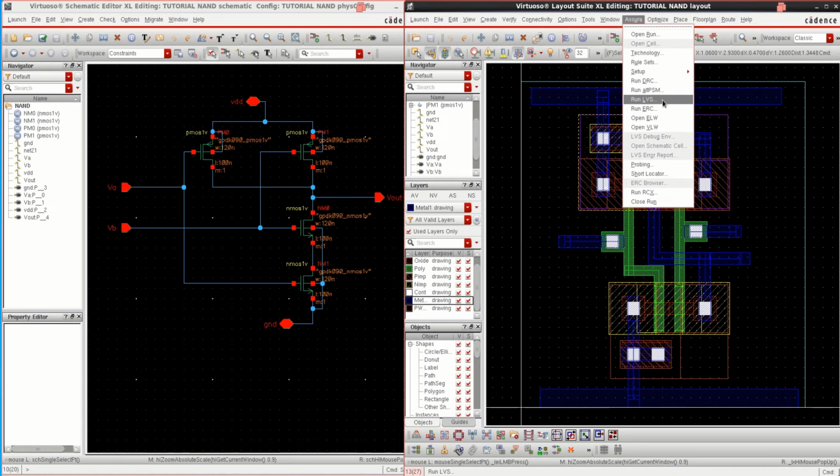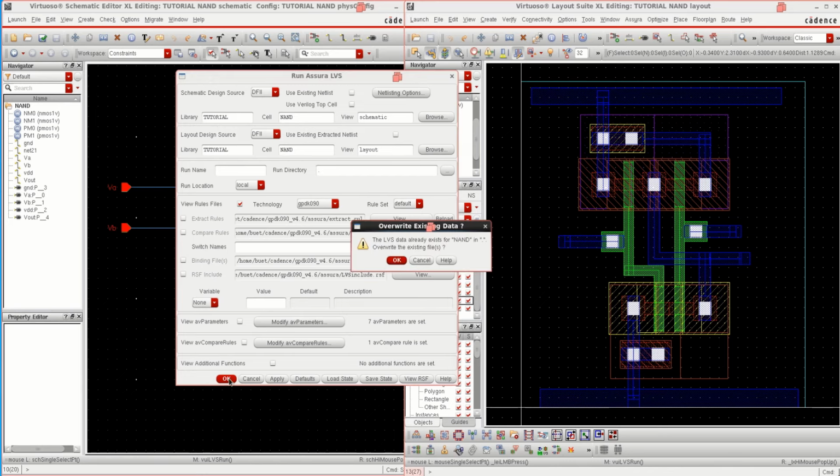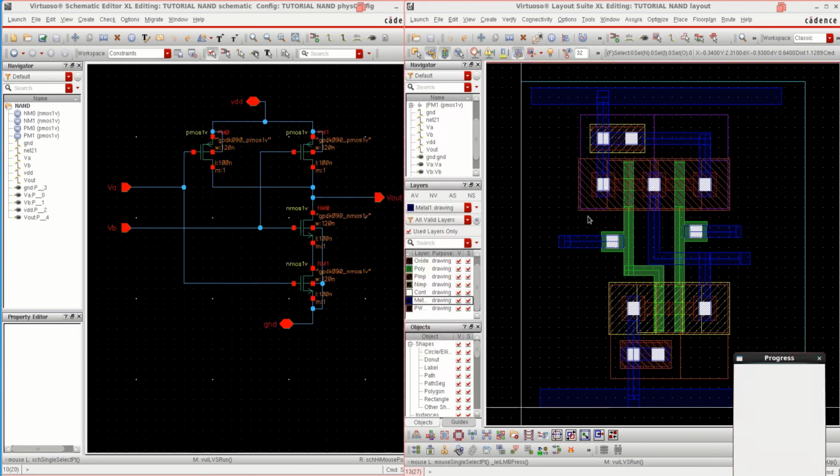Select GPDK 90 again. See that one is the schematic with the NAND cell and the tutorial library. The second one is the layout with the NAND cell and the library as tutorial. I have used the library as tutorial. Click on OK to perform the LVS.